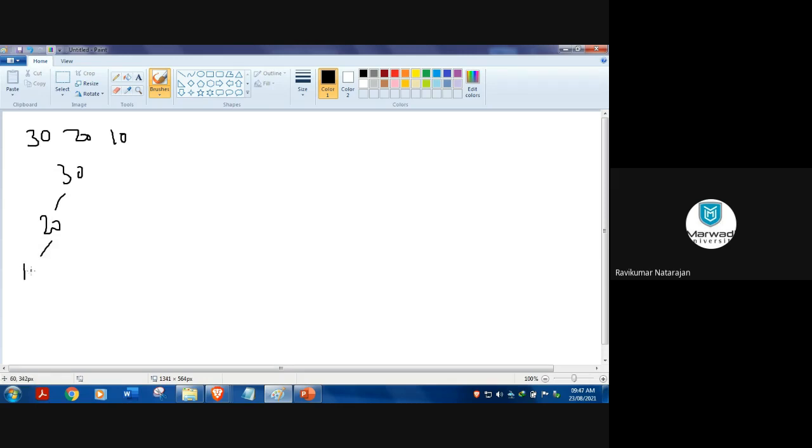If I change the sequence to 30, 10, and 20, what could be the tree? First will be 30, then on the left side 10, then on the right side 20.